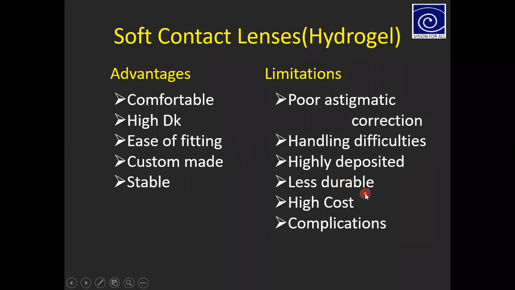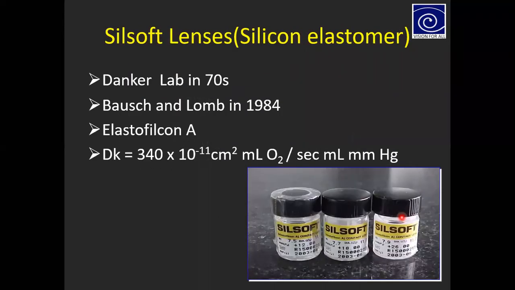After 1 month, you have to change lenses, and that leads to high cost, especially if you are using high Dk hydrogel lens material. So the cost is higher than the normal contact lenses, and there is always more complication from the soft contact lenses than hard contact lenses or RGP contact lenses.